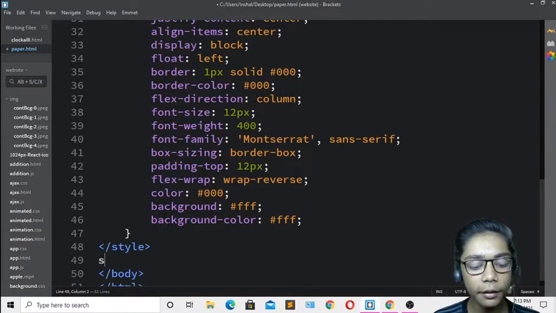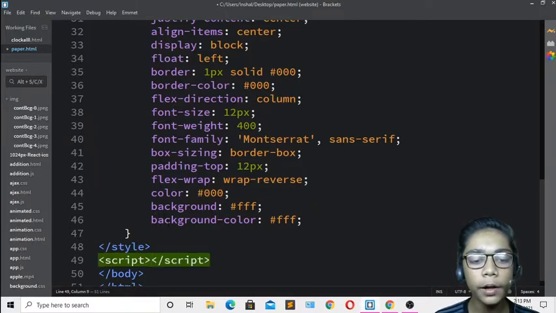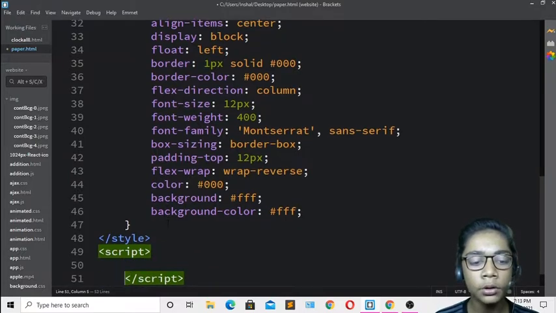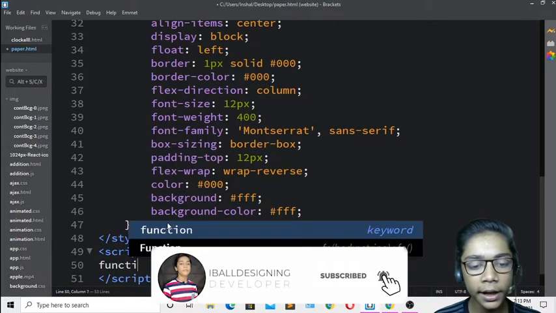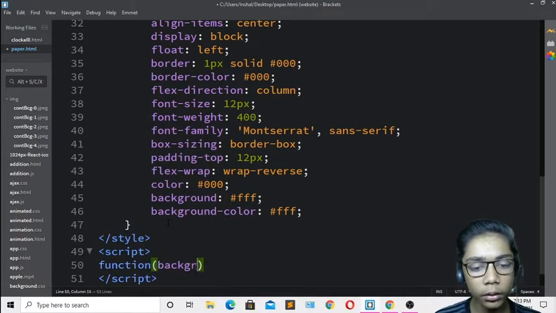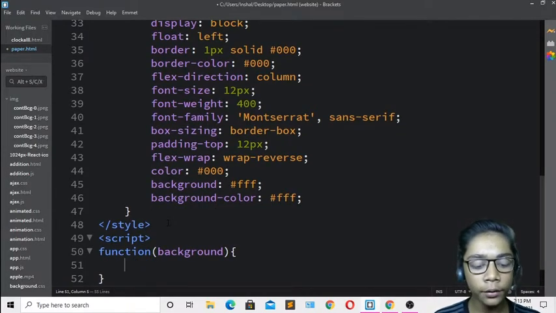So I will come over here and add a script tag, press tab over here, and underneath this script tag I will write all the JavaScript which I have to define. So I will come over here now, and write over here function, and in that I will write background. And just when you've done that, now write const or let. I will define let, and I will define const equal document dot querySelector.